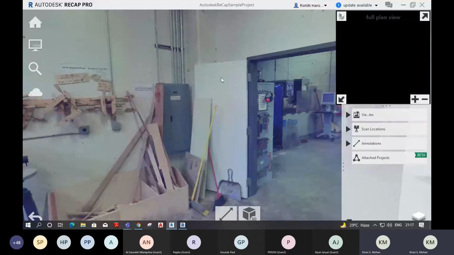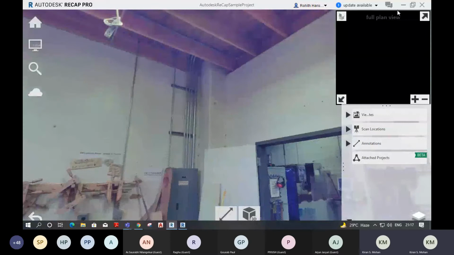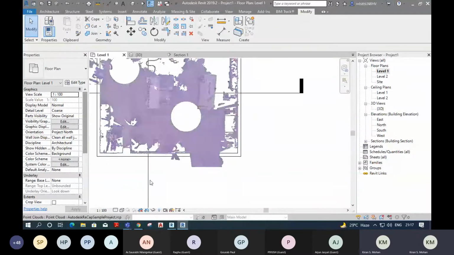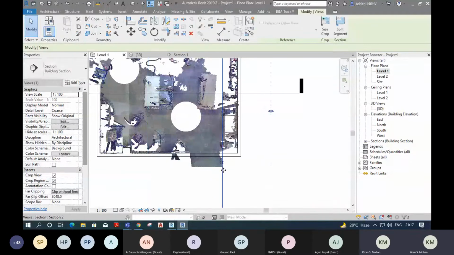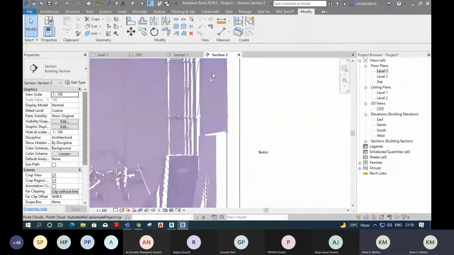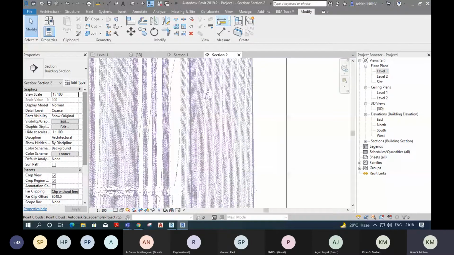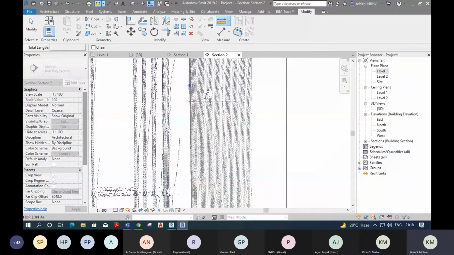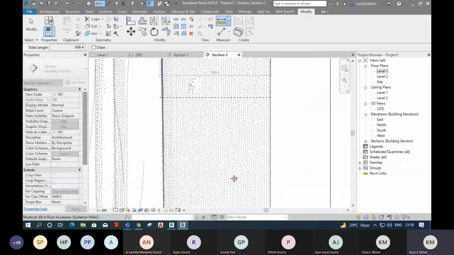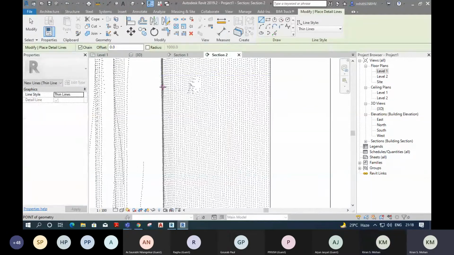Go to view. Here I can see the thickness of that column. We can just measure it. 368. Wait, I'll use the dimension lines so that it will be clear. 450. Okay, it's almost 357. We can select 350.